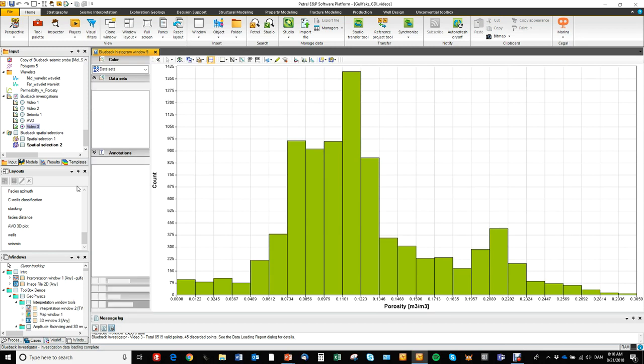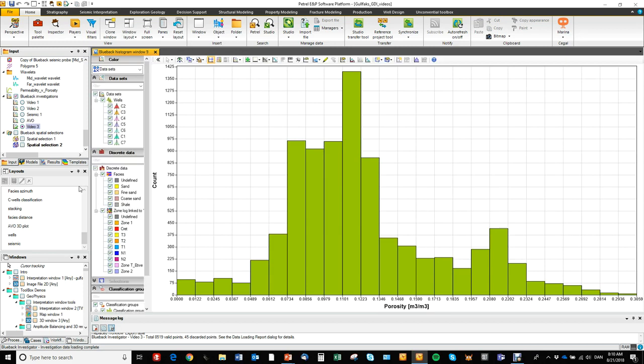A histogram is a one-dimensional analysis tool, and the filters are hence one-dimensional. So I go to the selection button here. I can go to filters, and you see that we can add investigator specific filters, and we can go ahead and build Petrel filters directly. In this case, we'll be looking at the investigator specific filters only, since they have some advantages. The investigator filters can at any time be converted to a Petrel filter that can be applied on standard Petrel